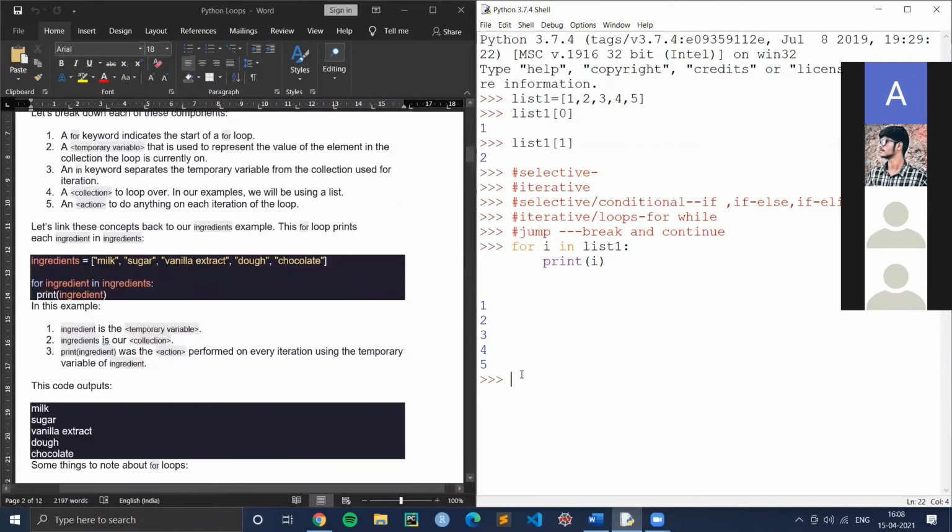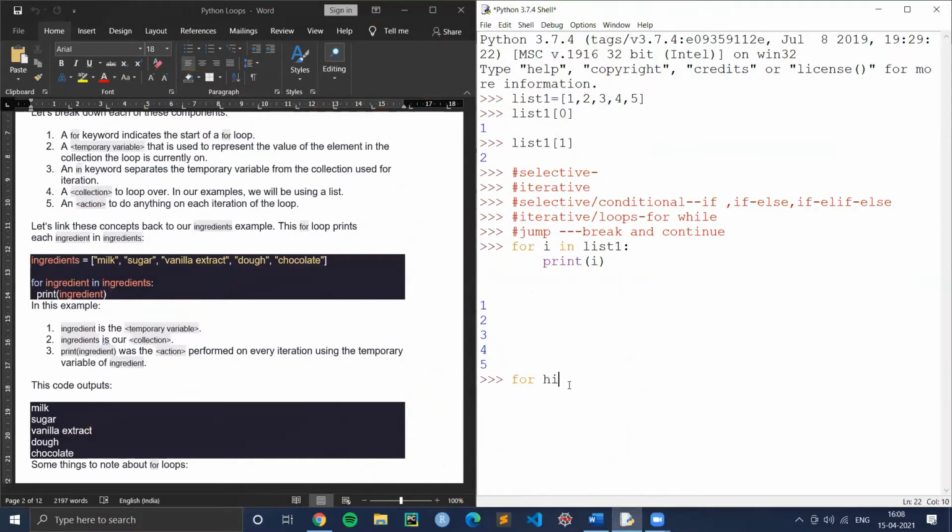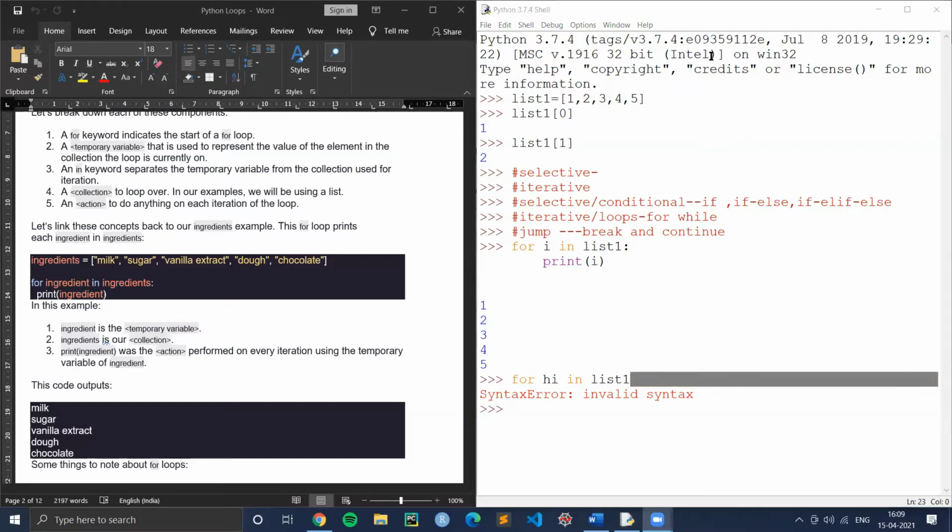Here, as I said, you can name the variable anything. Like if I name the variable hi, I can see the roll number who's drawing, so please do not do that. So here my variable name is hi, like I've named my variable hi in list 1. Now I'm not going to put a colon, and you see there's a syntax error. What does this syntax error show? You can see this red lining here. This red lining basically tells that there is an error in the loop syntax.